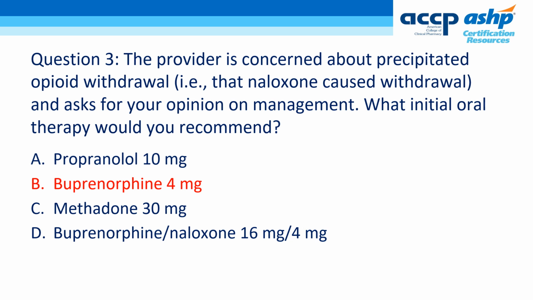The correct answer is B, buprenorphine 4 milligrams. The patient is in opioid withdrawal as he is tachycardic, he's sweating and nauseous. Therefore, it is appropriate to provide an opioid receptor agonist medication instead of the propranolol, which will likely only help with the tachycardia. Buprenorphine should be selected over methadone as the patient has responded well to the buprenorphine naloxone combination in the past with sustained recovery, as well as the fact that his QTc on presentation was 528 milliseconds, which may be further prolonged with methadone administration.